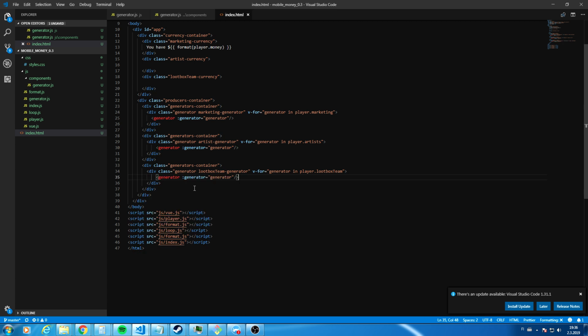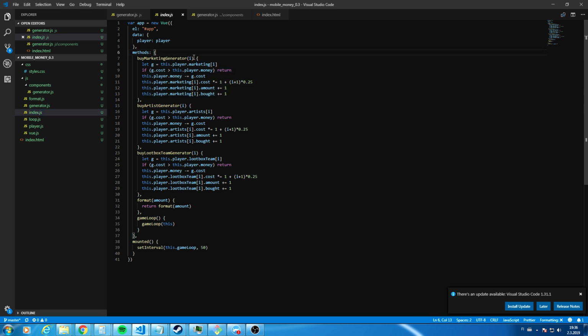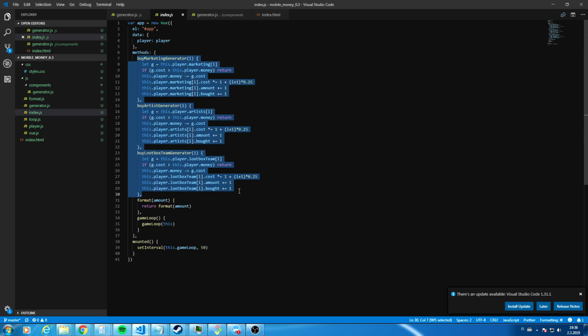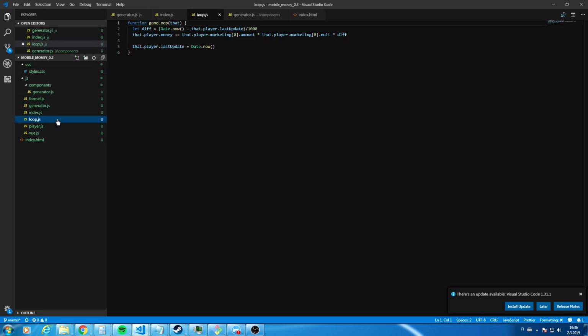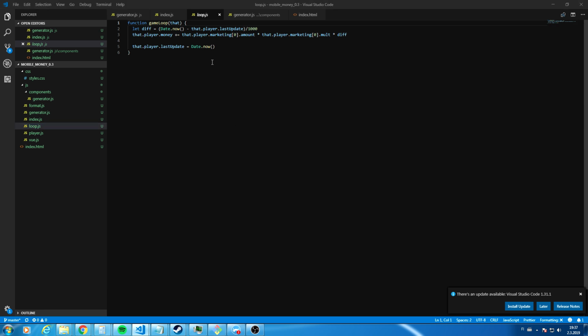And it should work, just like that. Let's fix the indentation. Right, we can just delete these like this, and we need to, yeah,